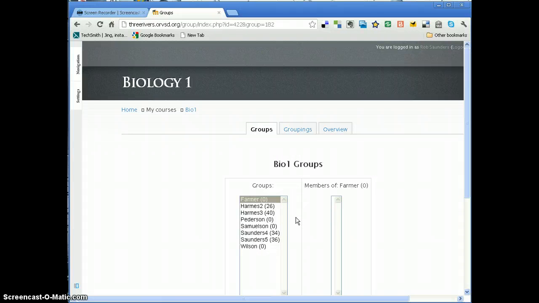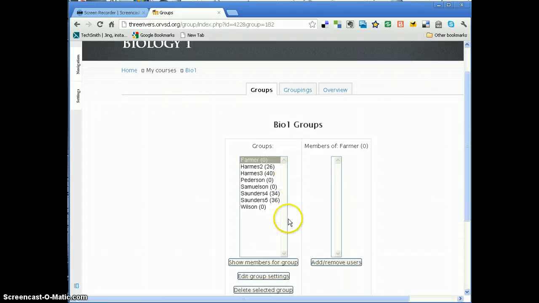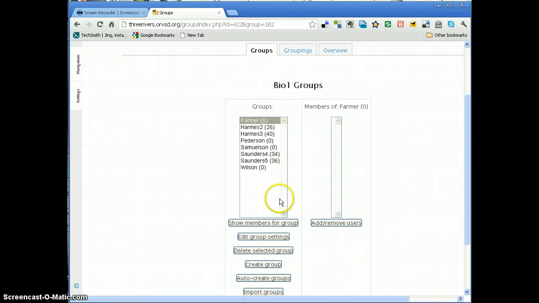Okay. Now maybe you want to create a new group, and you've decided that you want to have, let's say you want to have an additional group. You decide you want to have periods set up in your class, so you can separate that way. So let's say I have an additional period to add for my classes, so I'm just going to go to create group,